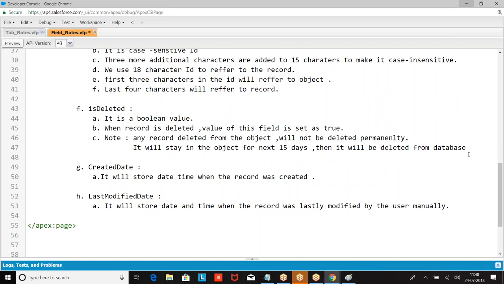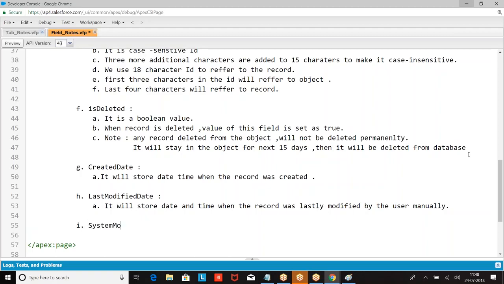That means the user has to open the record, modify the record and save it. I have to go to the record, modify and save, not by the program. You have to open the record and modify.